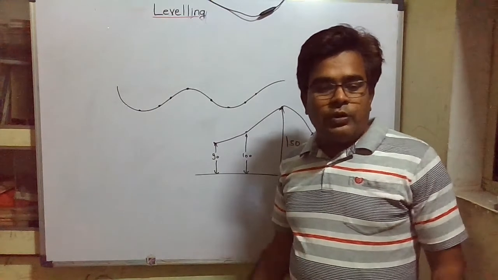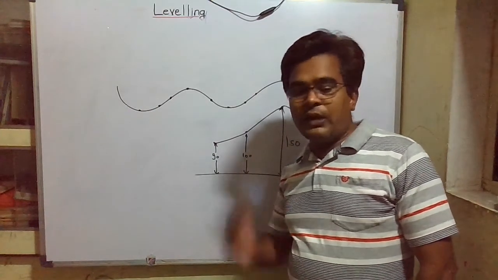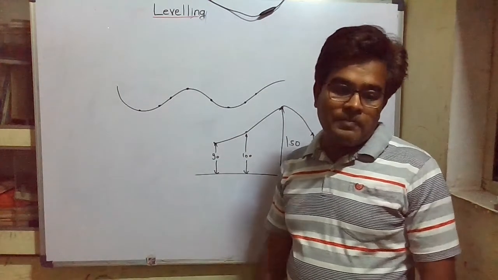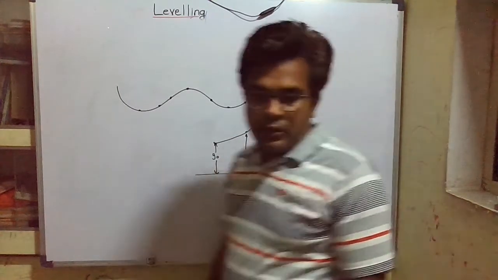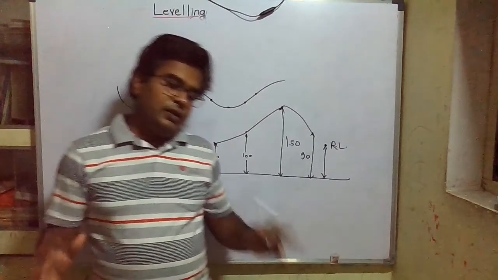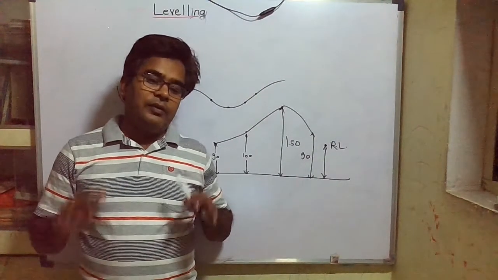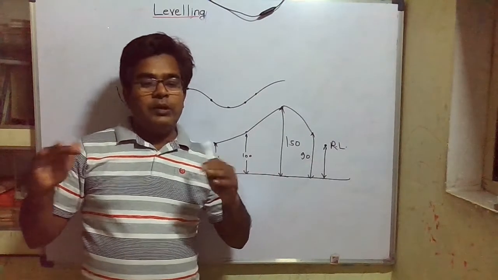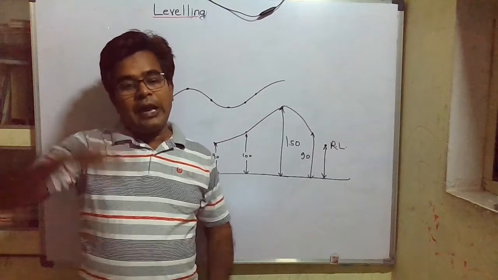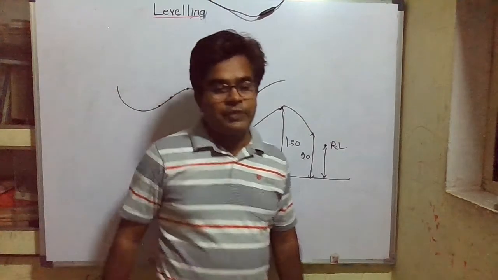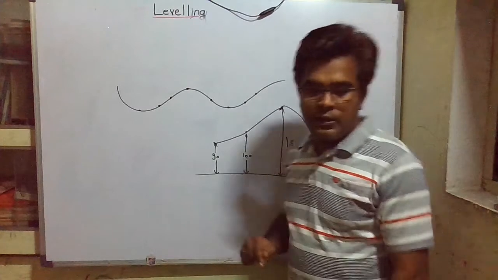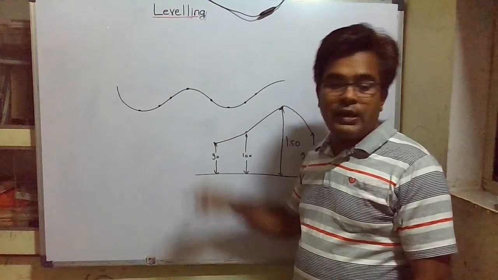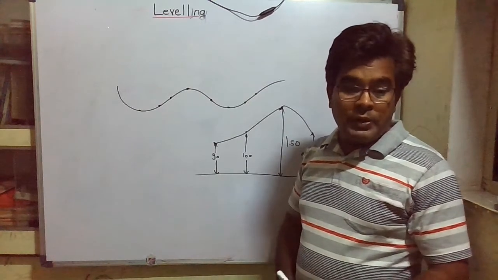Okay, by the eye we can see some portion is above, some portion is below. But can you see from here? If I ask you how your village or your town is at what level from the datum surface, can you tell me from here? You cannot, because you cannot compare this point and that point.